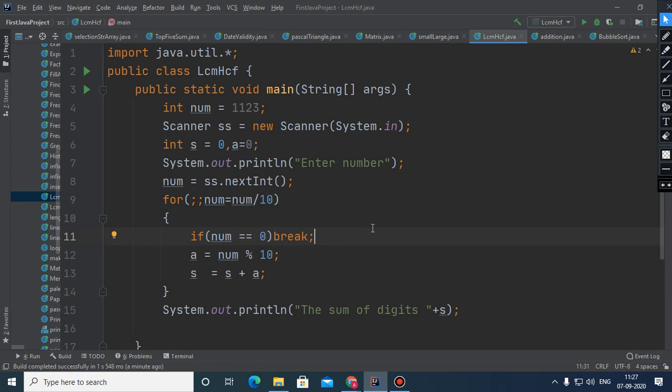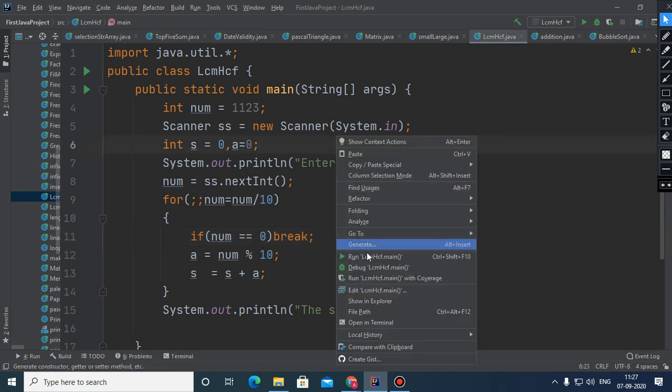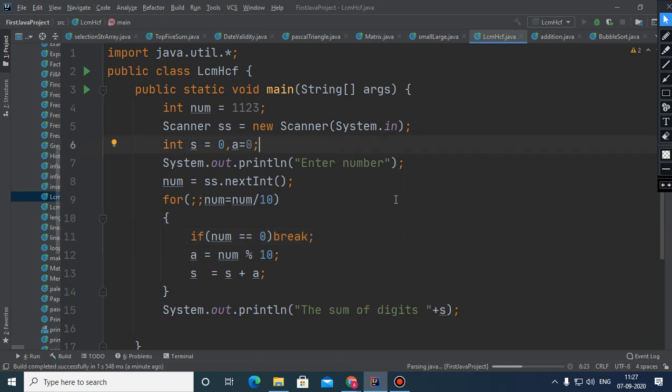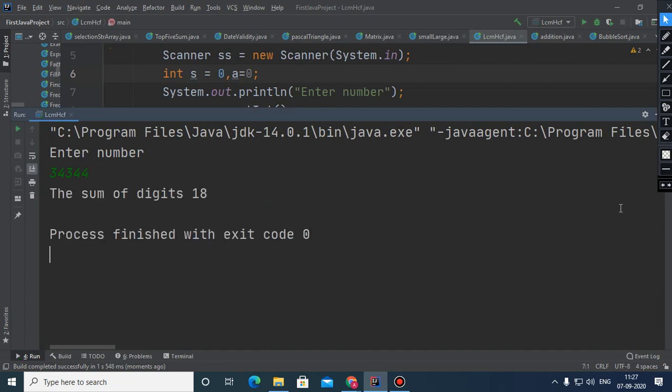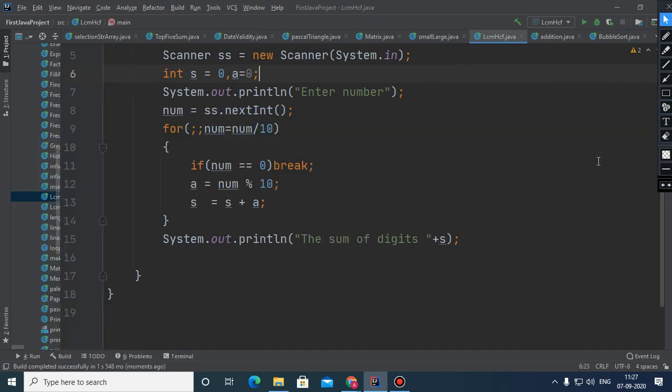The condition was while num is more than 0, but here I have removed that condition. So it simply means I need to bring that condition within the loop body. That's why I need to write if num becomes 0, the loop will terminate. See, the sum is 18, it's working.